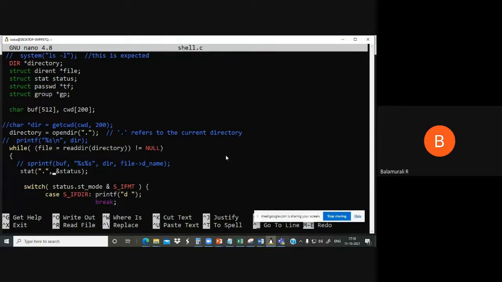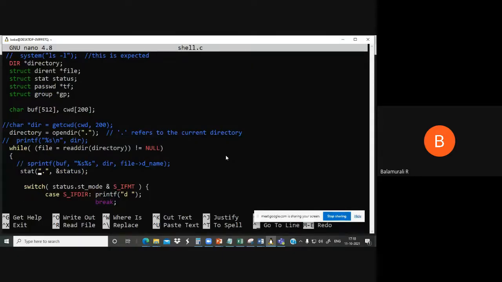Then we are doing this stat of dot. This is used to get the status of whatever we have read currently. So stat is a function.